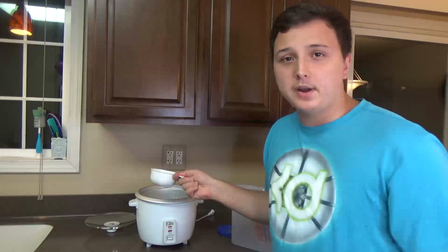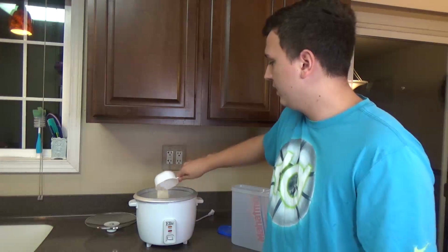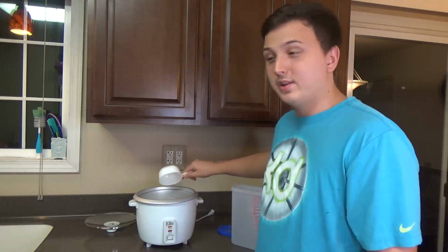And I'm gonna be cooking about a cup because I'm gonna prep it a little bit. Obviously that's way more than you need for 1 meal. I'm just gonna cook it in advance. If you guys don't have one already, I recommend getting a rice cooker. It's literally so easy. You just toss in the water, the rice, and it's gonna be good to go in